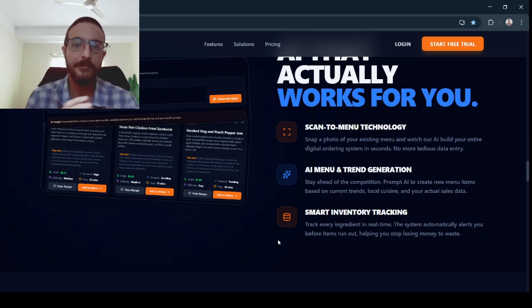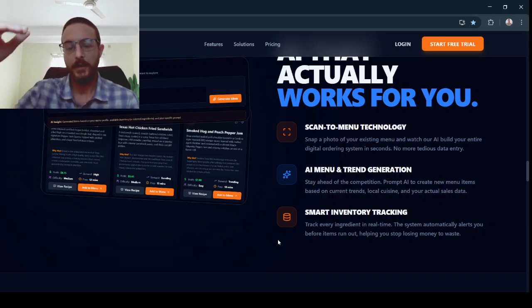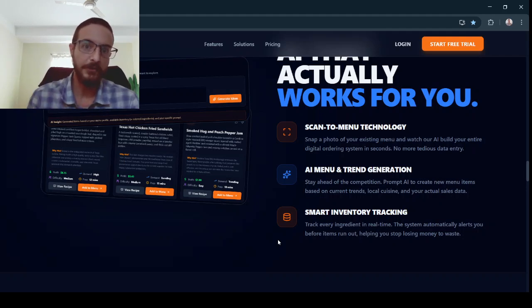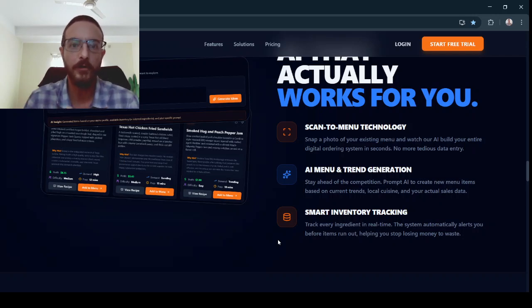So we also have, you can upload your entire recipe book to the system. You map your recipes to your menu items, and you map those recipes to your inventory items. So a real quick example of that would be when a customer orders a cheeseburger. If your cheeseburger is 8 ounces of ground beef, as soon as the server puts in that order, it maps that to the recipe, to the inventory, and it deducts 8 ounces of ground beef from your inventory, and you have a running